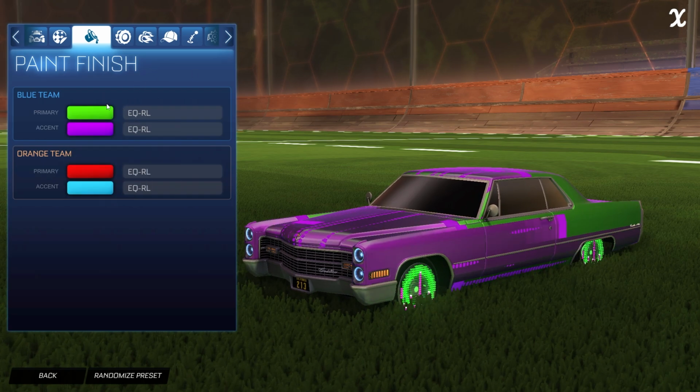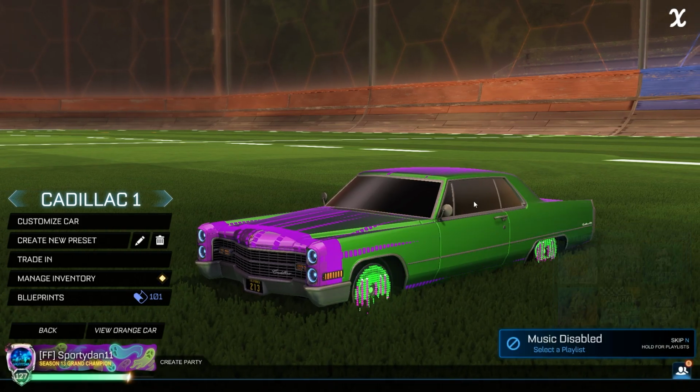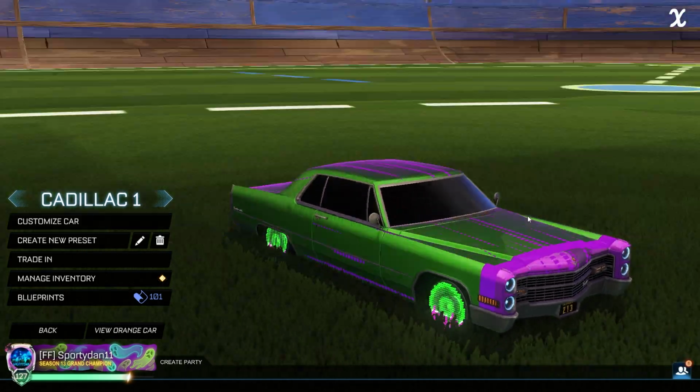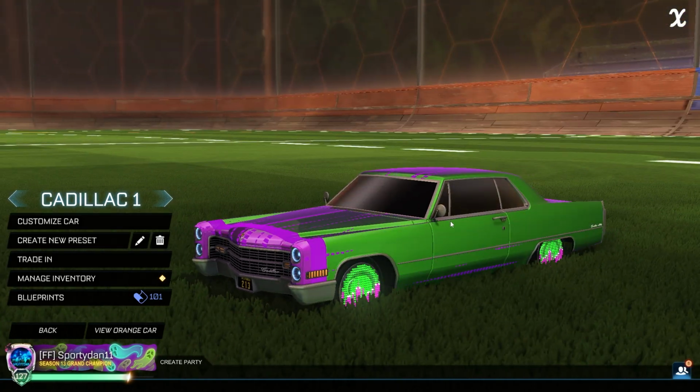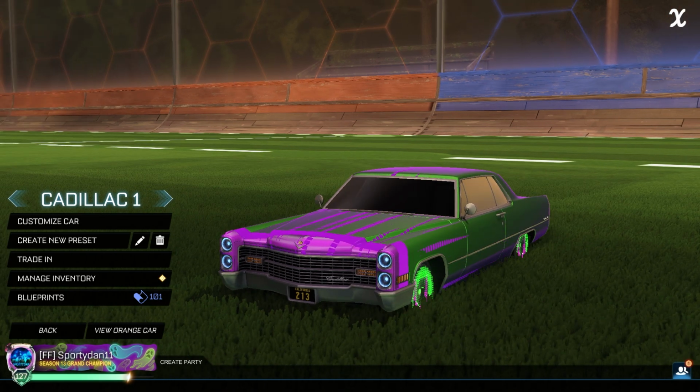And then same for the blue side here. We do have this purple and forest green color combination. And again, it looks still pretty good without music. I'll show it one more time. It actually might look cleaner without music. So, you know, it really is up to you. I still think it looks good either way. That's why I decided to do it. So getting into the next car design, we do have the...